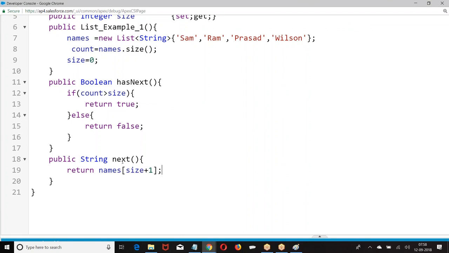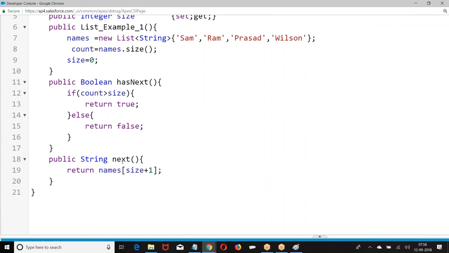Now if I want to go from first to second, second to third, third to fourth, a for loop is sufficient for me. No, it's not like that. Now I have a group of records. In the group of records, when I click on next, give me the record whose lead source is web. Next record whose lead source is web.